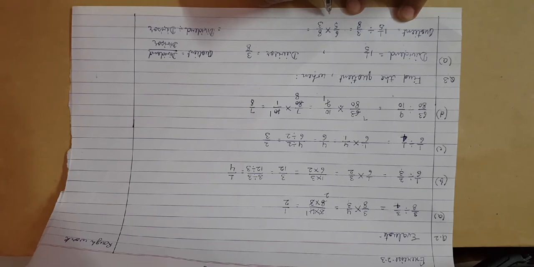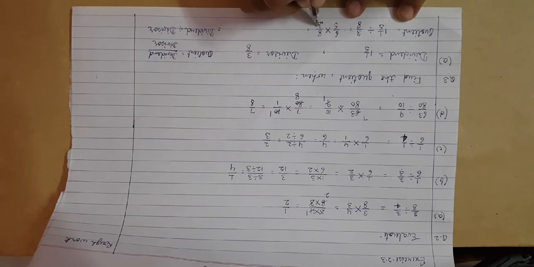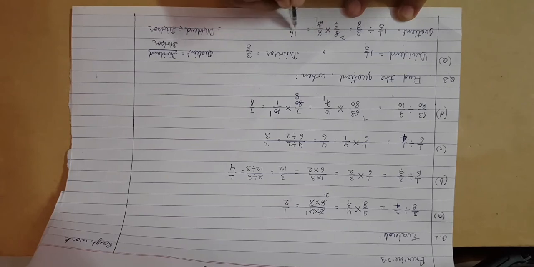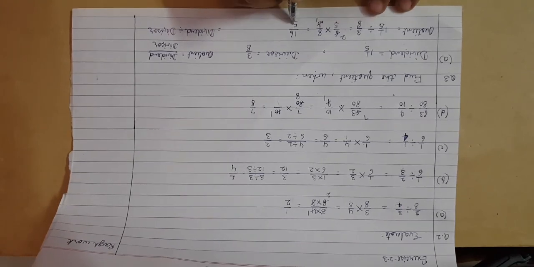So if I want to see if there is any numerator and denominator which can be cut by each other, then 6 and 3 are the numbers which have a common factor, that is 3. So if I cut both of them with 3, 3 ones are 3 and 3 twos are 6. Now the numerator has become 2 into 8, and 2 into 8 is 16, as 2 8s are 16, and the denominator part has become 5 into 1. So 5 into 1 is 5. So 16 upon 5 will be the answer.